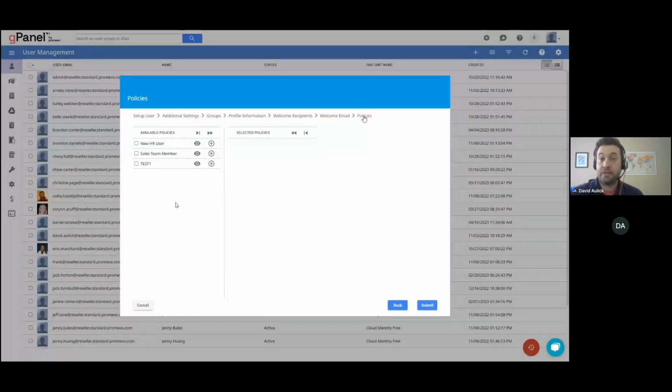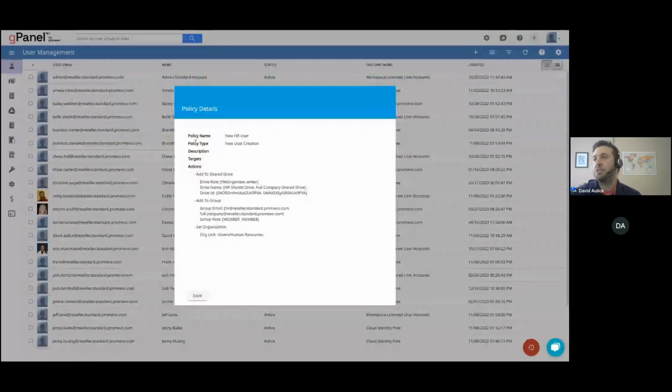And these are defined elsewhere in the application, but what these will allow you to do is onboard people very quickly into certain items. So let's take a look just at this one here, the policy name, new HR user. The first thing that this will do is add this person as a share to shared drives. There are two shared drives it's going to add them to, which are going to be the HR specific shared drive